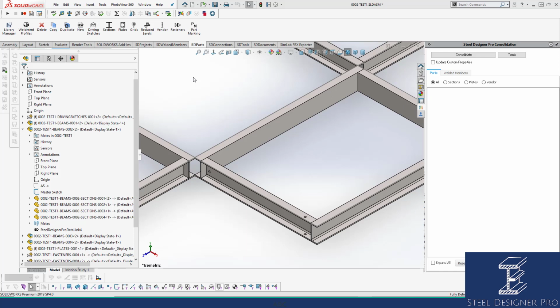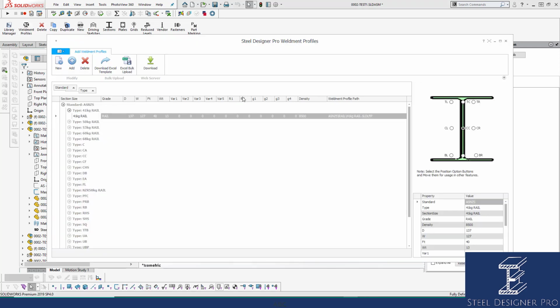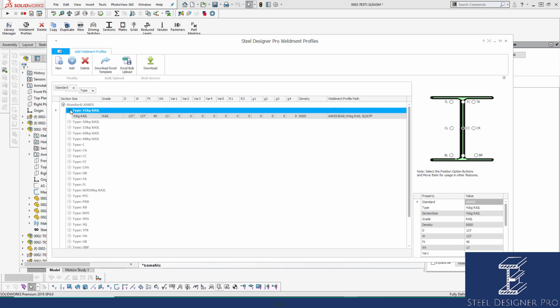So when a weldment profile is added to the library, the data needs to be also added to the database. So we have a weldment profiles data tool, which allows us to collect the data for each country. In this particular case, I've only got the Australian data installed. So you can see here that it's been grouped already for us to see what the data is. However, if I wanted to, I could